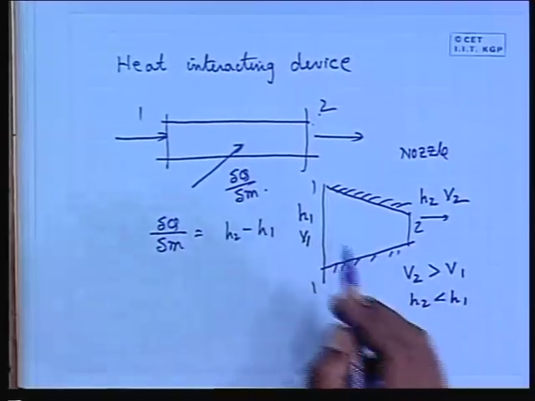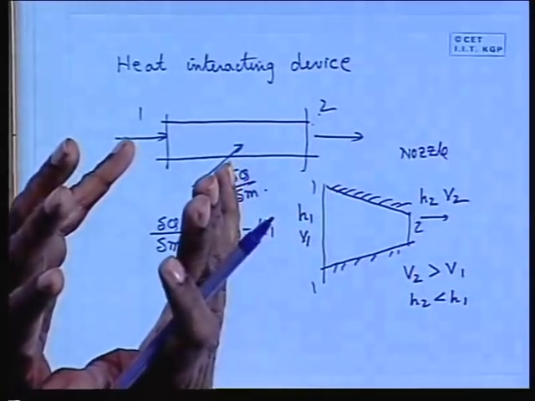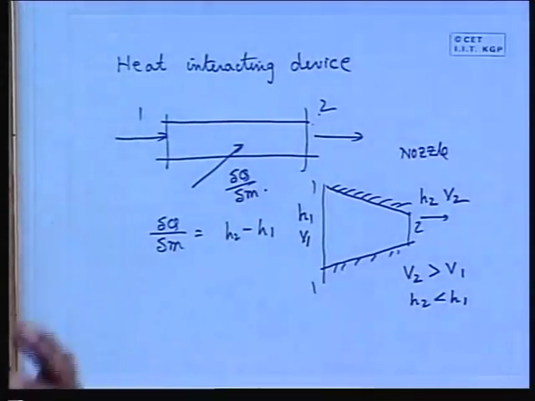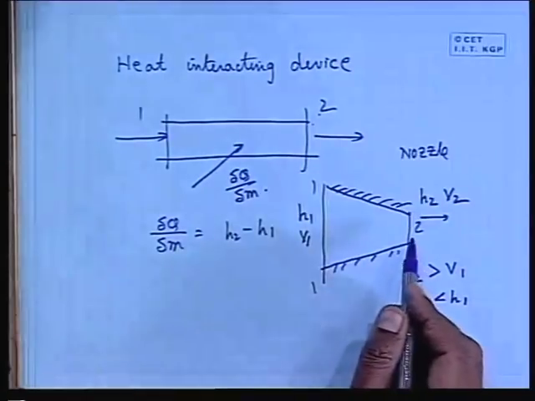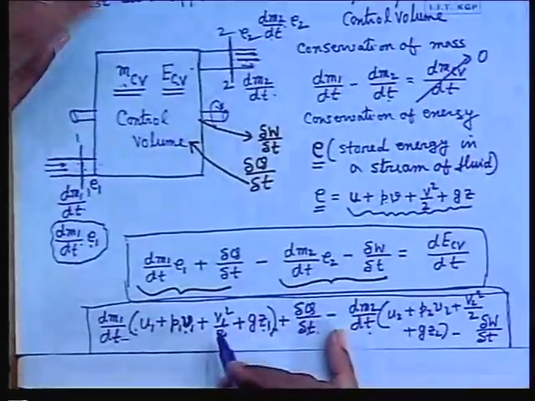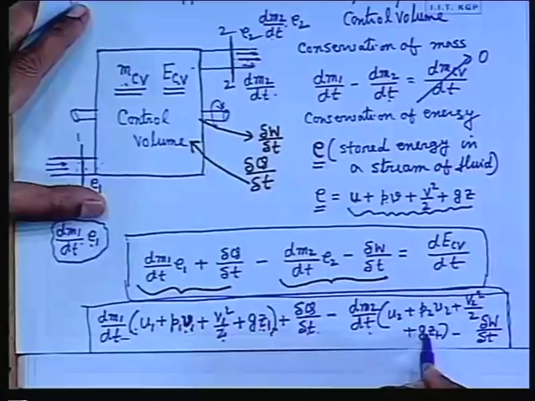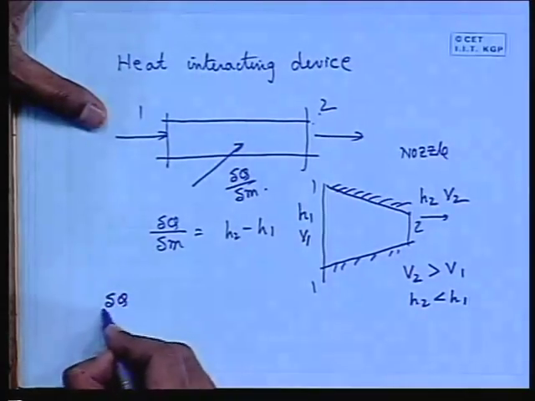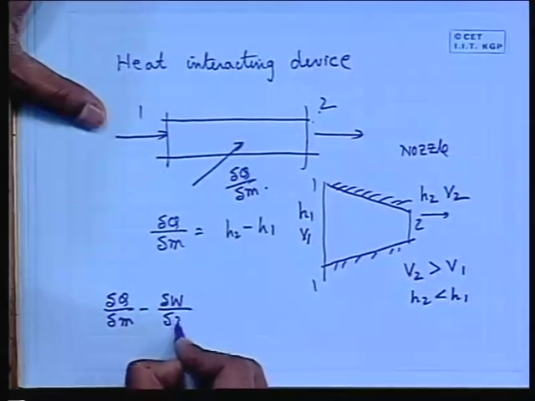That means at the expense of this enthalpy, that means internal energy plus pressure energy, we create the kinetic energy. That means kinetic energy is created out of this sum of the internal energy and the pressure energy. In that case, we can write the energy equation, not neglecting the V1 square by 2 term, but we can neglect the change in the potential energy term. You understand? In that case, we can write that del Q del M minus del W del M is equal